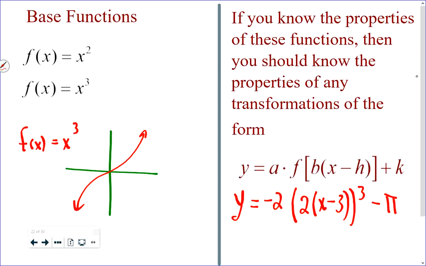And again, just to make sure, the f is that, because it says f of x is x cubed. Okay. All right,